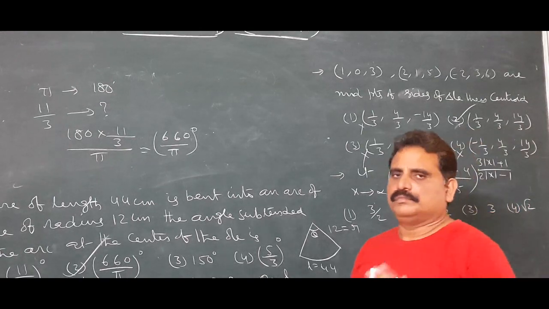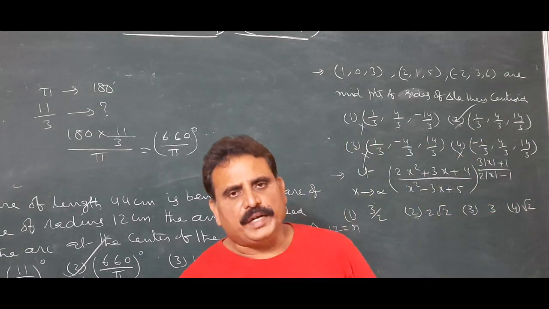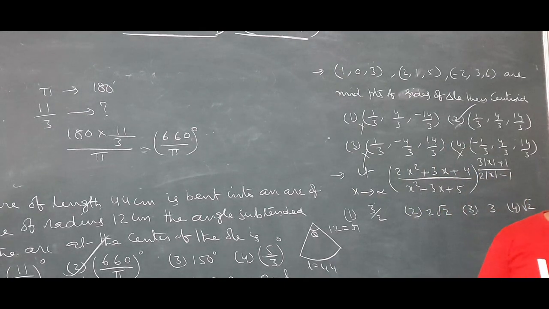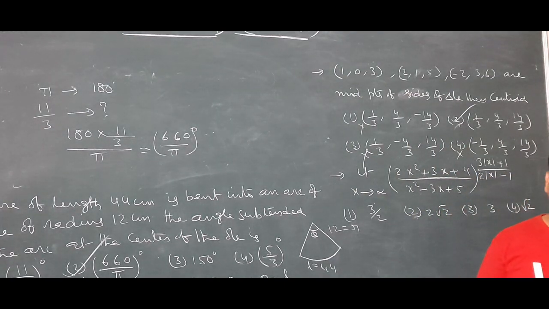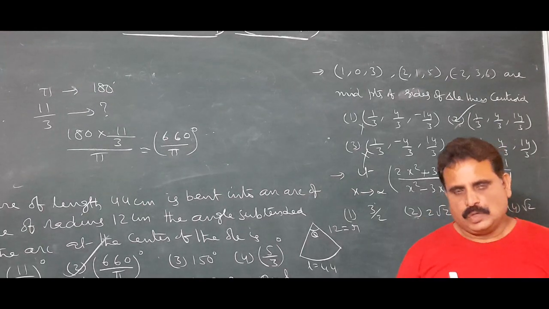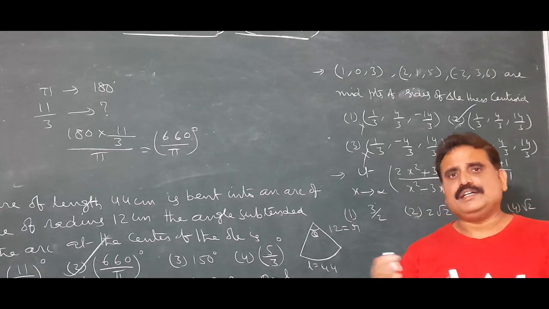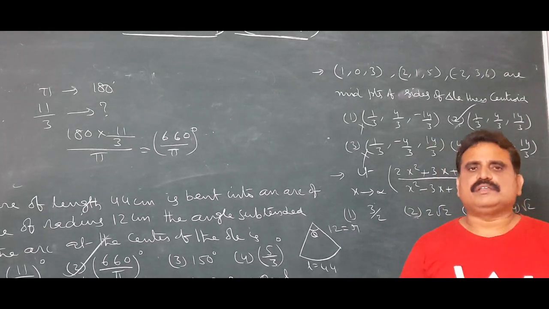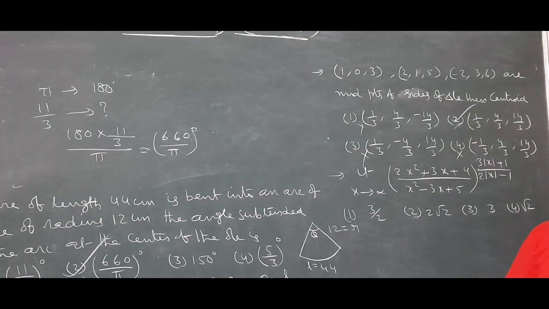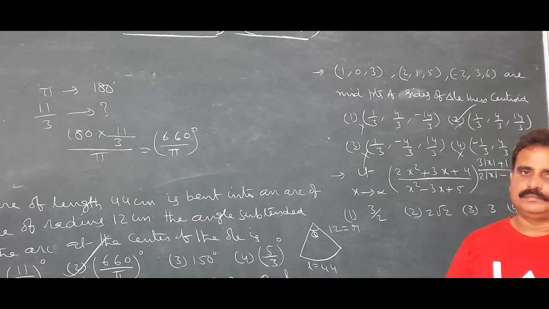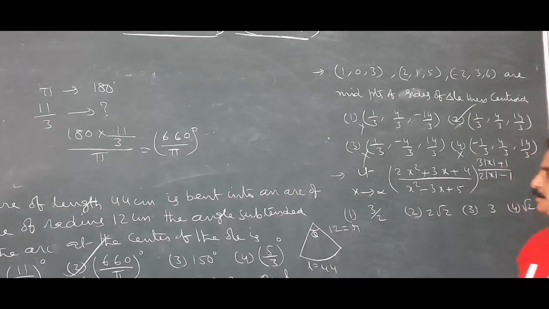So, for every coordinate, you have to decide the wrong answers. We need not find the next one. By observation, you can easily decide the correct answer. The time you save, you have to utilize in another problem. Sometimes you need not find the z coordinate actually. In this competitive exam, speed is important as well as accuracy. These two you have to maintain.